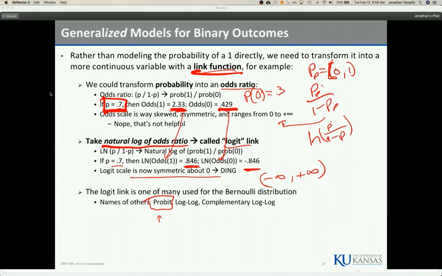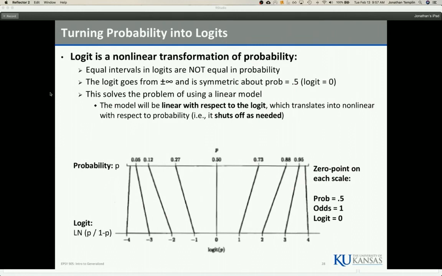But there are other ones. There's a log-log link, which, as it sounds, has multiple logs going on in there. There's a complementary version of the log-log link, which is also crazy. But there's a handful of different link functions out there. But logistic is where we're going to start and focus, just to keep things a little bit less crazy. There's so much out there that you could effectively take a class on each type of distribution if you'd like to. So what happens is the logit is a nonlinear transformation of probability,